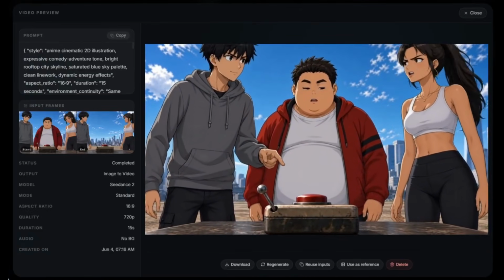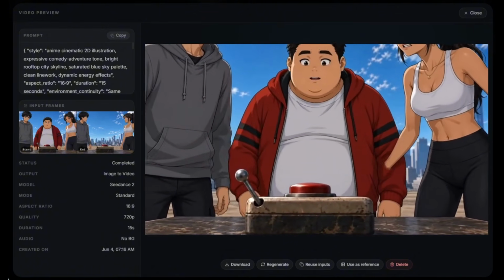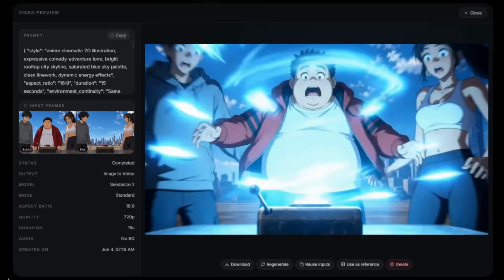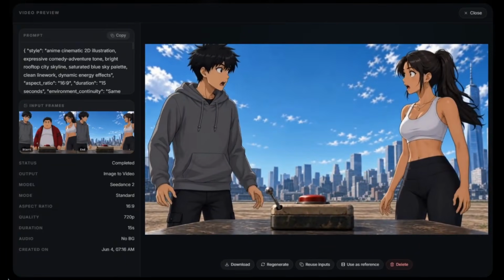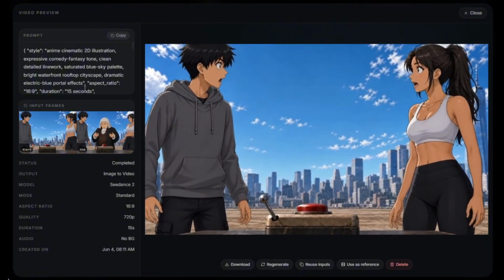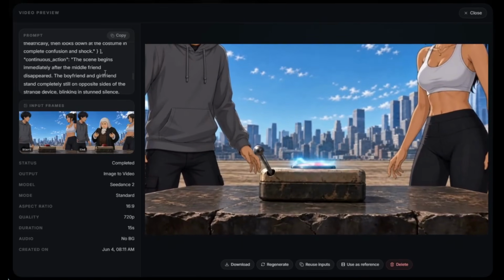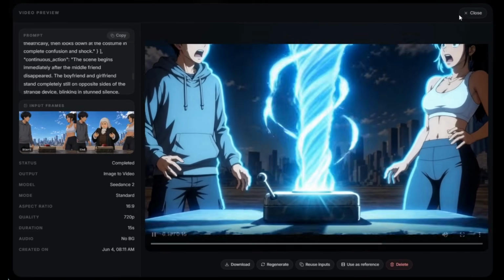Amazing. I'm telling you guys, try it yourself. Use your regular prompts for one generation and then use Prompt Lab for another. The difference is honestly night and day. This feature is a game changer. Now for the last scene, I followed the same workflow again. These were my settings. This was the prompt generated by Prompt Lab, and this is the final output. I honestly have no words. The result came out really good.